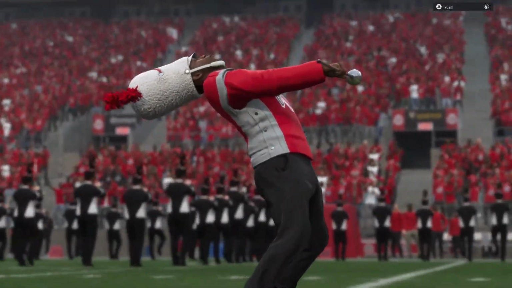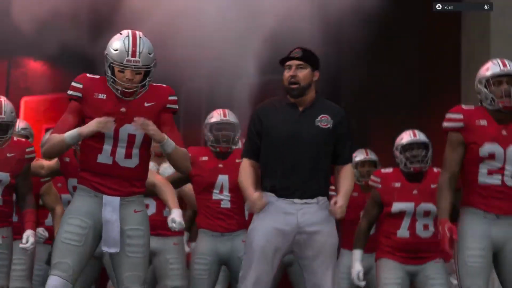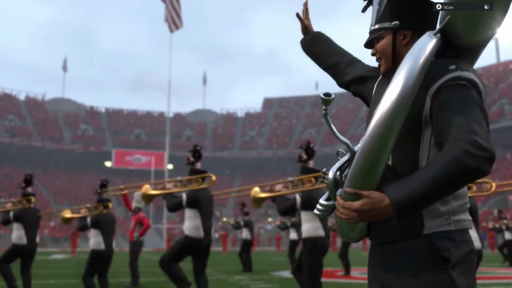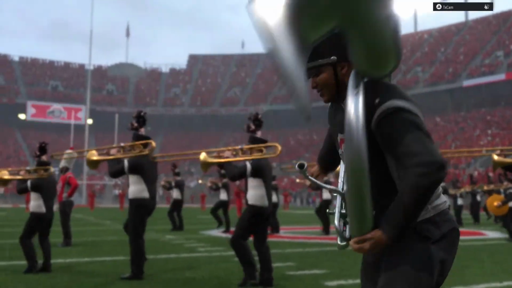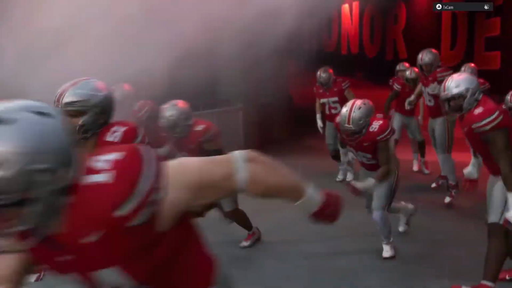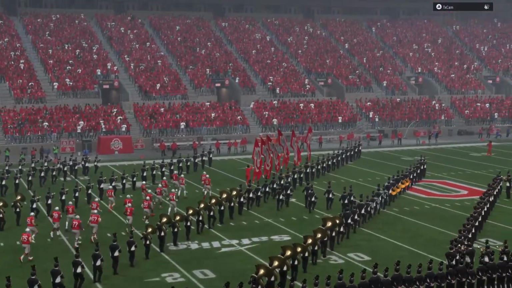Welcome, the old horseshoe on the banks of the Olentangy, the home of the Ohio State Buckeyes. As we'll see, the number one team in the country, the Texas Longhorns, taking on last season's national champions, the Ohio State Buckeyes. For EA Sports College Football, I'm Chris Fowler here with Kirk Herbstreit. Let's get this thing underway.